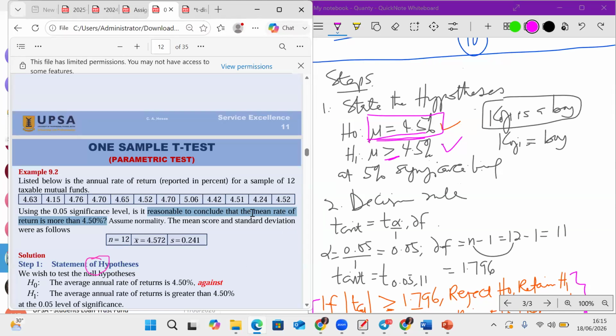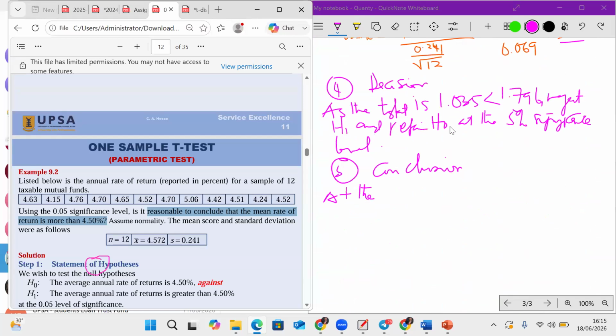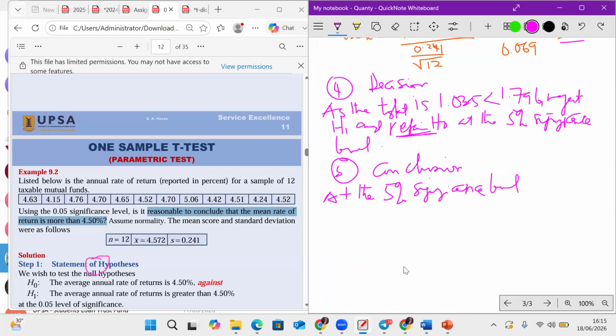That's the alternative hypothesis. They want to know whether that is the case or it's not the case. So now that we have finished our work, having rejected their H1 and retained the H0, we can say at the 5% significance level, or at the 95% confidence level. You can use either. At the significance level, we conclude, it is concluded that